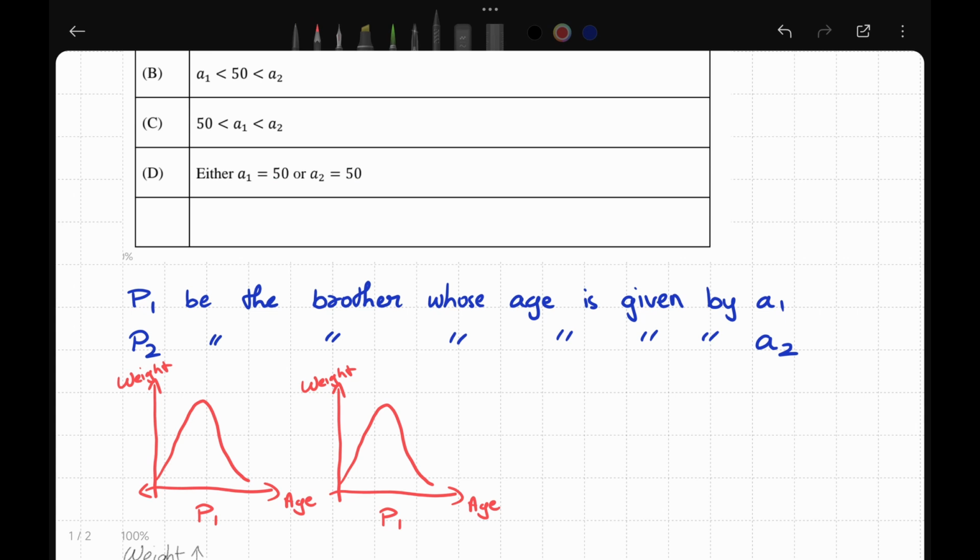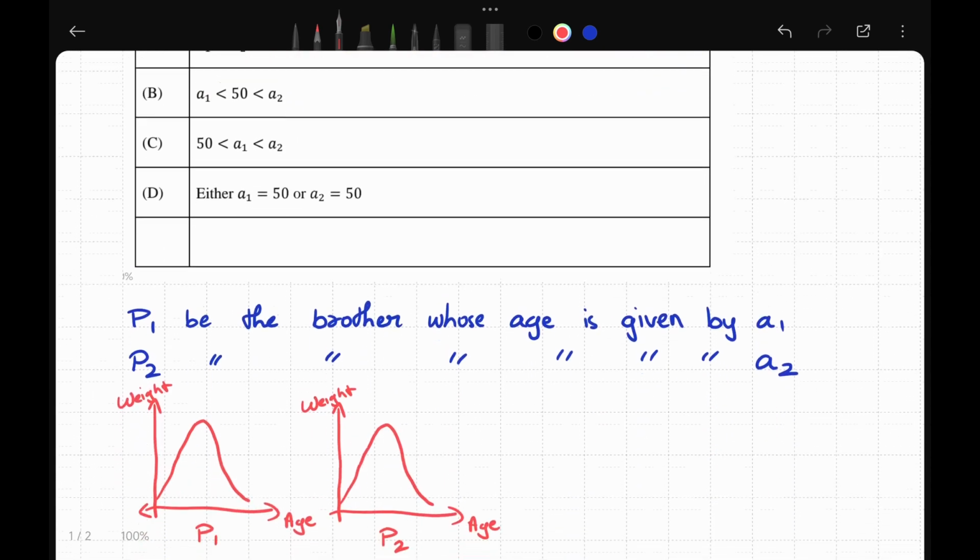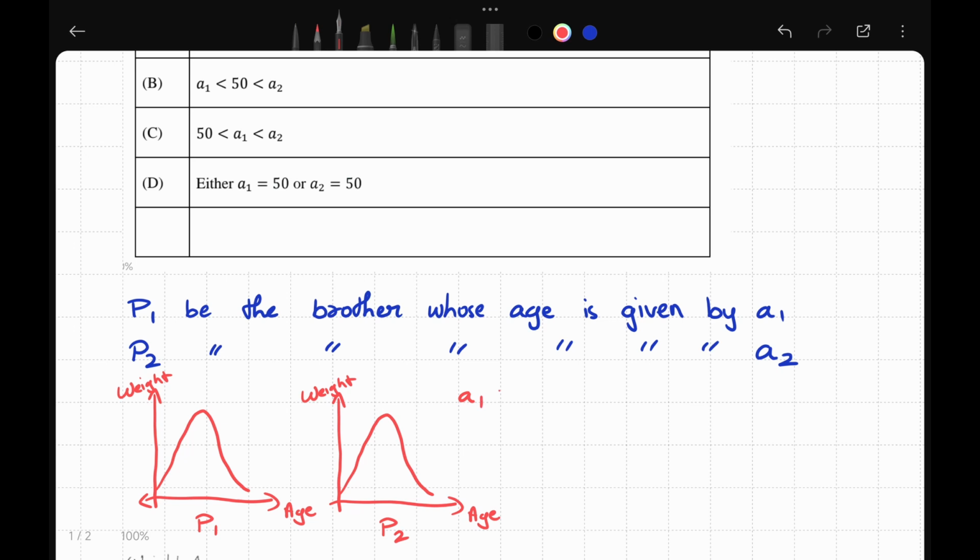We can assume it to be the same for P2. So that is one piece of information. A1 is less than A2 obviously,